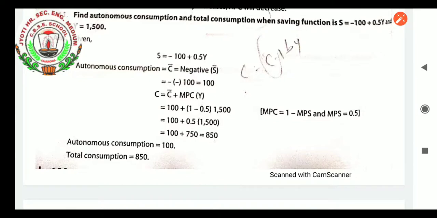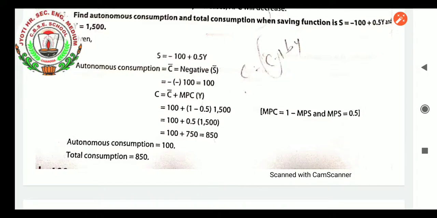The person will not spend the whole income on consumption; some savings will be done by the person. So there is a time when savings will be positive, and there we can relate the C and S functions. So here that has been done.